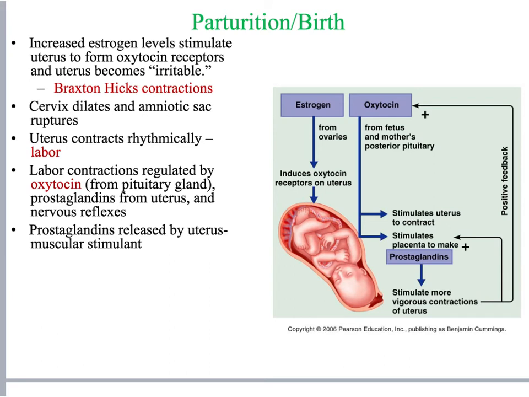Now, as birth nears, these uterine muscles that have been growing and are sensitive to prostaglandins and oxytocin, under the influence of estrogen, the placenta releases prostaglandins that start to trigger the rhythmic expulsive contractions of true labor. Eventually, pressure from the baby's head dilates the cervix, and this increases the cervical distension, and it activates the mother's hypothalamus, which then signals for oxytocin release by the mom's posterior pituitary gland.